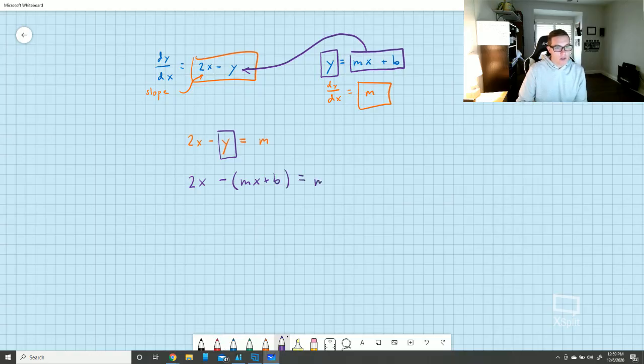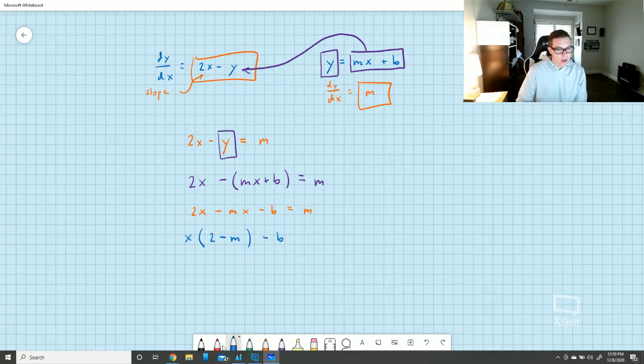And now I have an equation I can solve. It doesn't look like I can solve it, but watch, I can. Distribute the negative. Gather your x terms, and they already are, so I'm going to factor out an x. 2 minus m